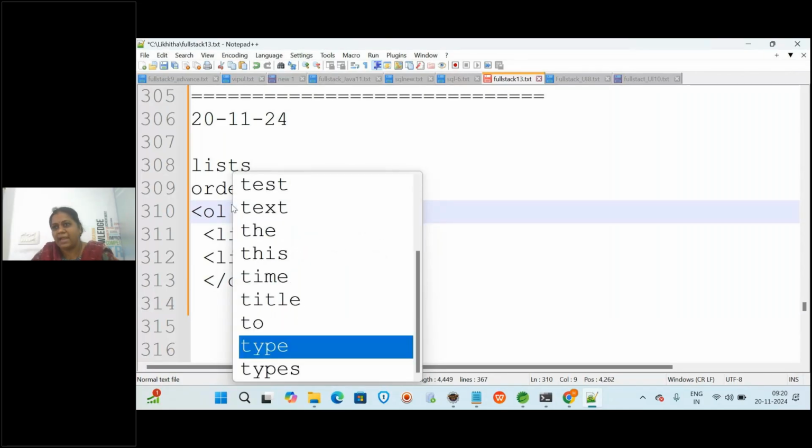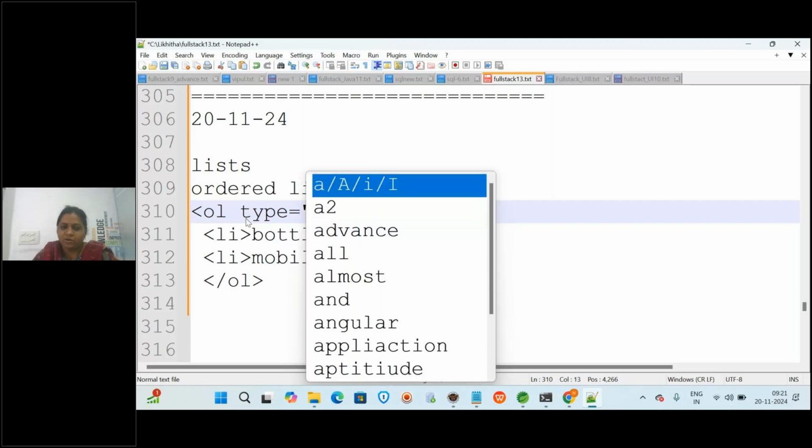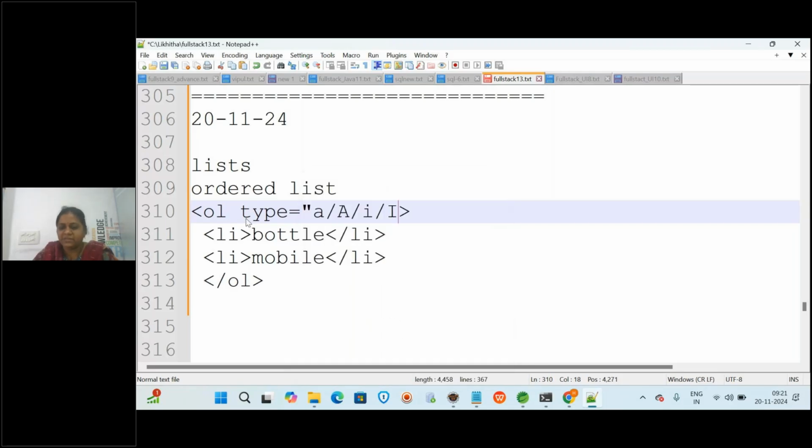And if you want to specify some type, we give it through a property. What is that? Attribute. An attribute adds some additional property to your tag. OL by default gives numbering, but if you want to change to alphabets, capital or small, whatever you want, you can specify it using the type attribute.